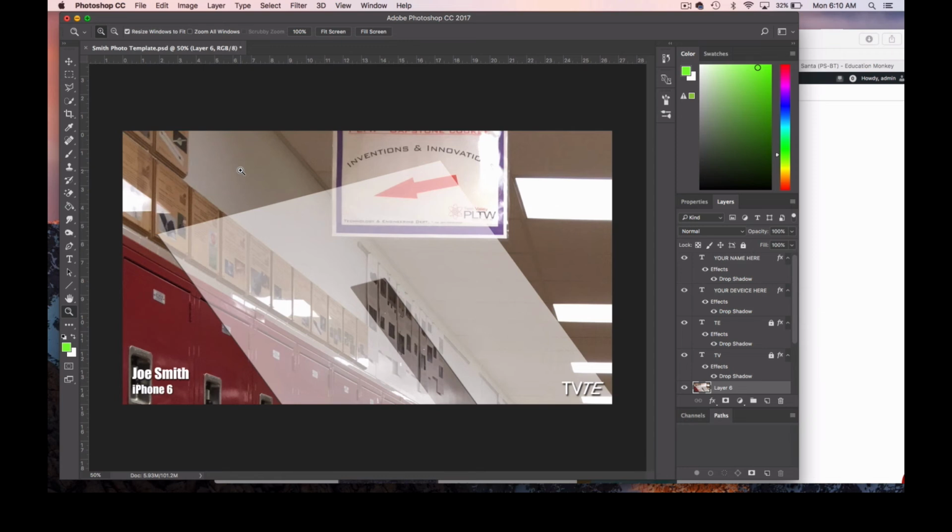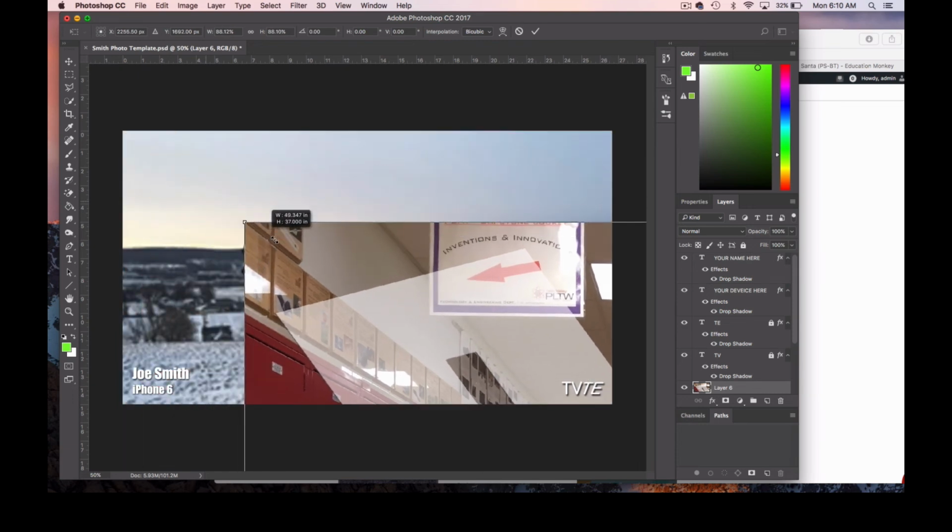I zoomed into 50 to show you a common mistake that's made, and that is to try and free transform, particularly a large image like this, when we're zoomed in. It becomes much more difficult, much more time consuming, tedious, and the likelihood of error is much greater, as you'll see. If I were to hit Command T now, you can see I get the bounding box on the edge, but I can't see the entire photo. So when I hold my Shift key and try and free transform,